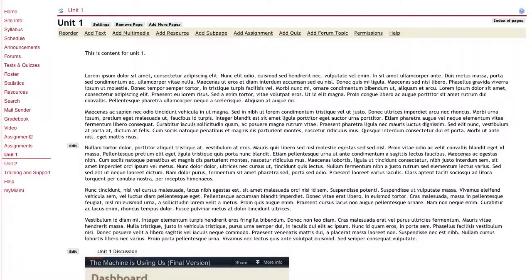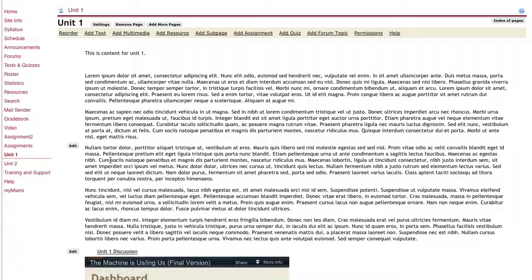Conditional release in the lesson builder tool functions so that students can't get ahead of themselves without completing the prerequisites for a specific lesson builder unit. In this instance, on the left side you'll see that I have a Unit 1 lesson builder tool and a Unit 2 lesson builder tool. What I want to do is prevent students from accessing the Lesson 2 content until they've